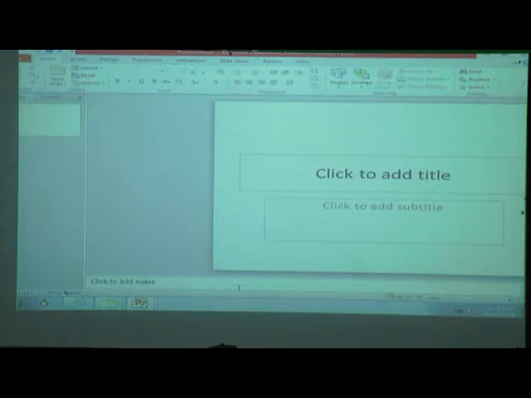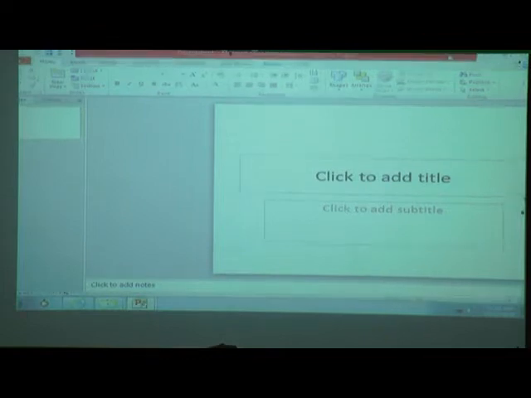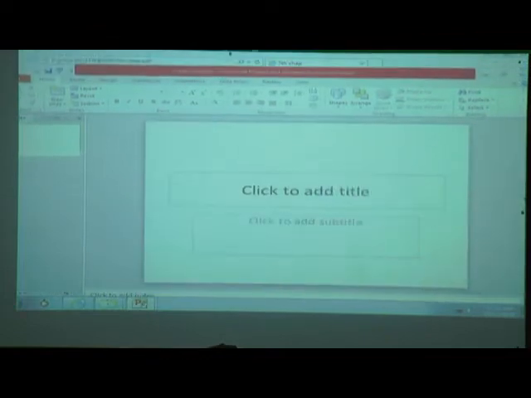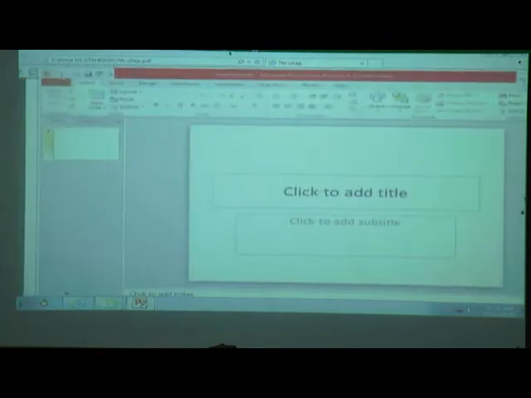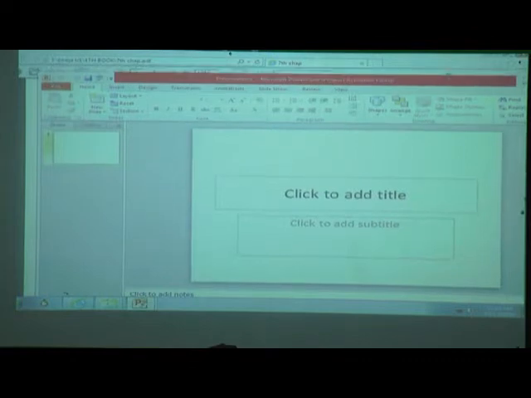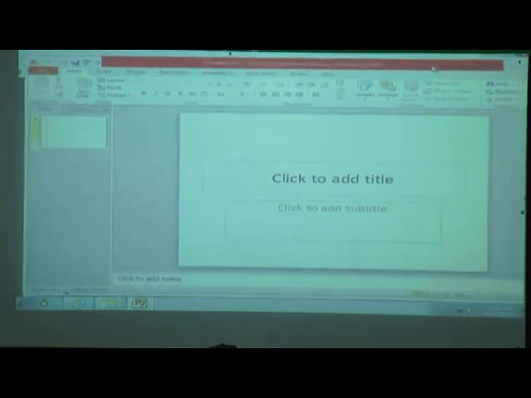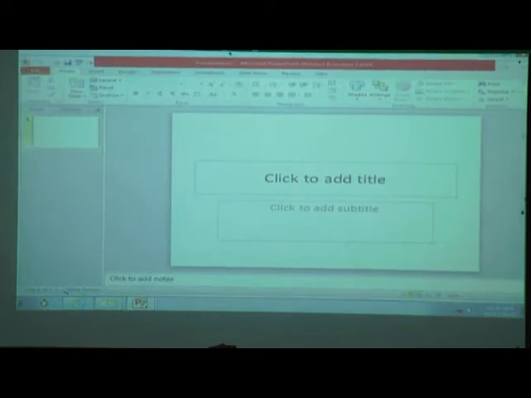First one is the Office button. This button you can see, and sometimes it is a rounded button also, and sometimes it is displayed like this. This is called the Office button.